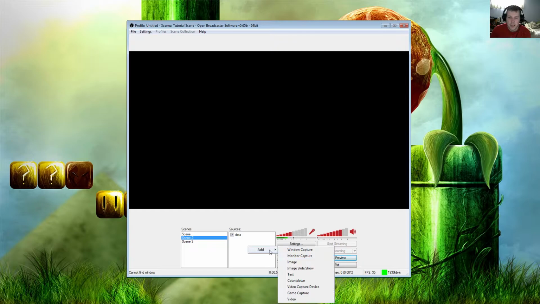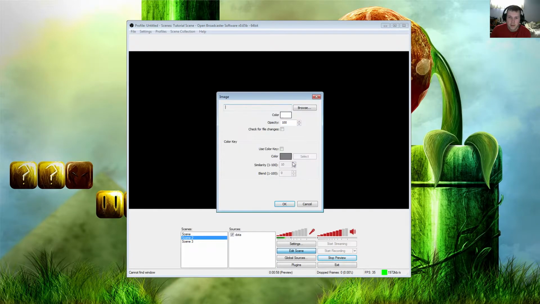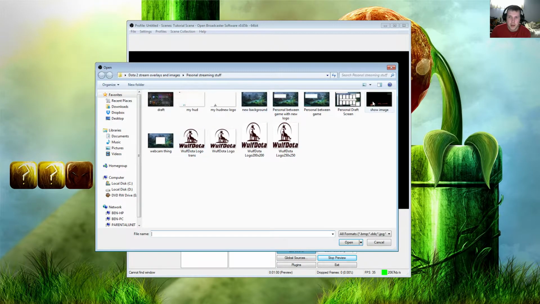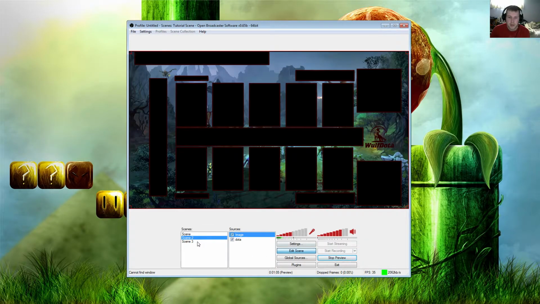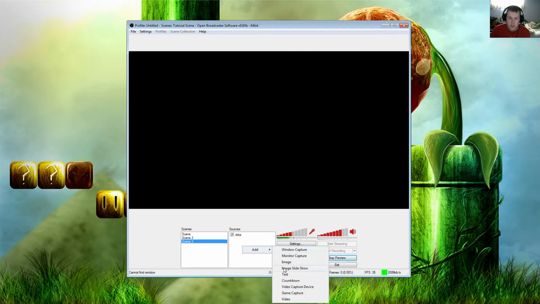This one, again, it's just the same thing. Go ahead and add it, and then add the draft screen, okay, and it opens up just fine. Now for this one, say in-game,